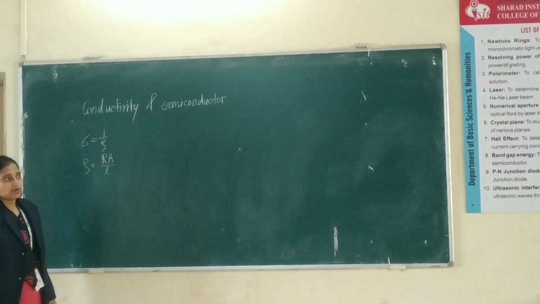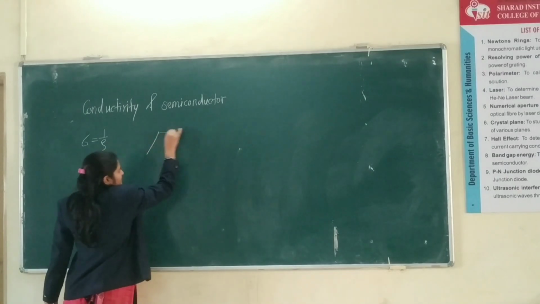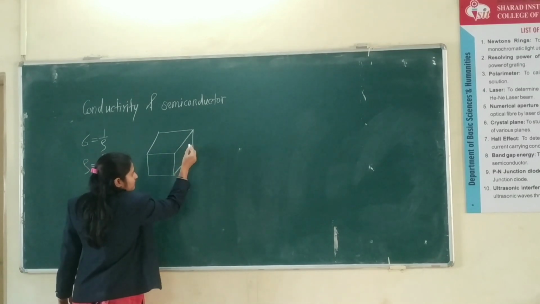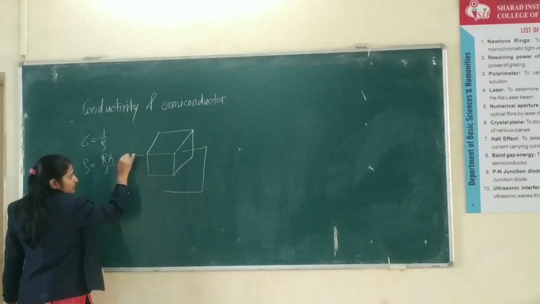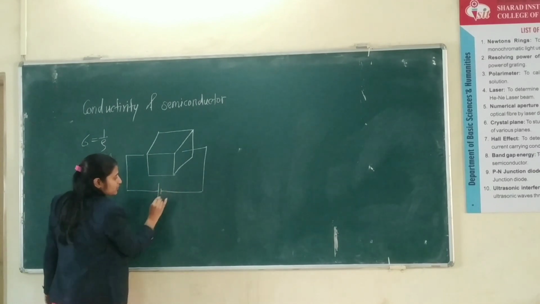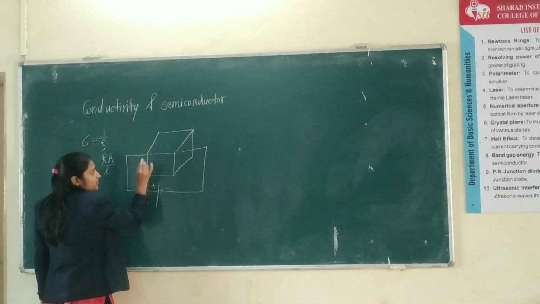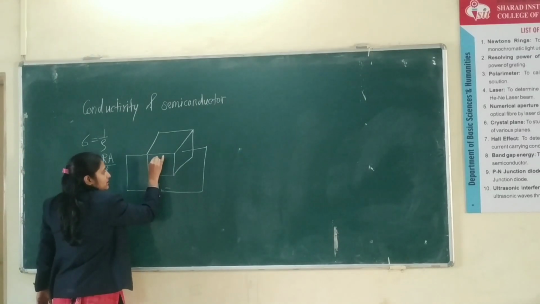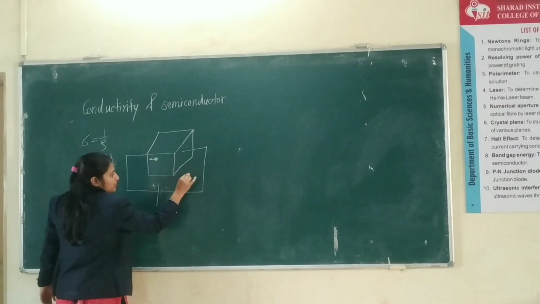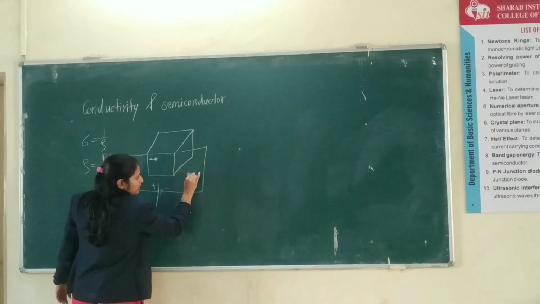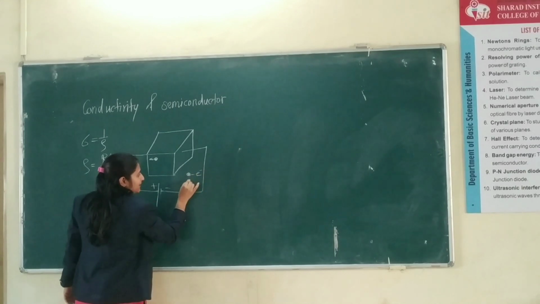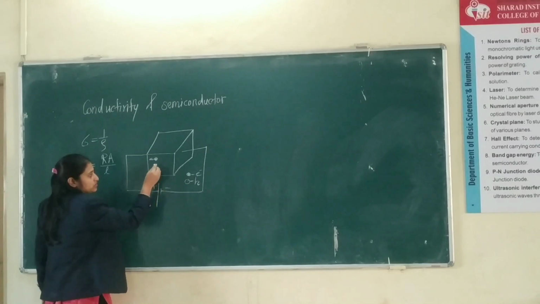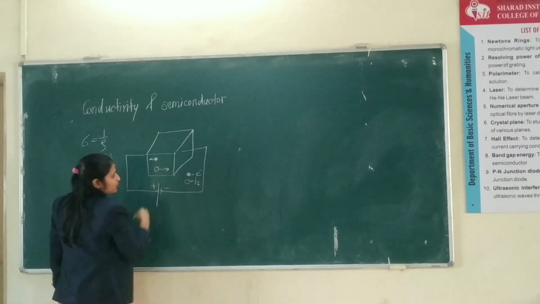Okay, so here is the semiconductor. A battery is connected across the semiconductor, and we know that if the battery is connected to the semiconductor, there are charge carriers. This solid body consists of electrons, and a vacancy is considered as a hole, denoted by H. So here is the hole.